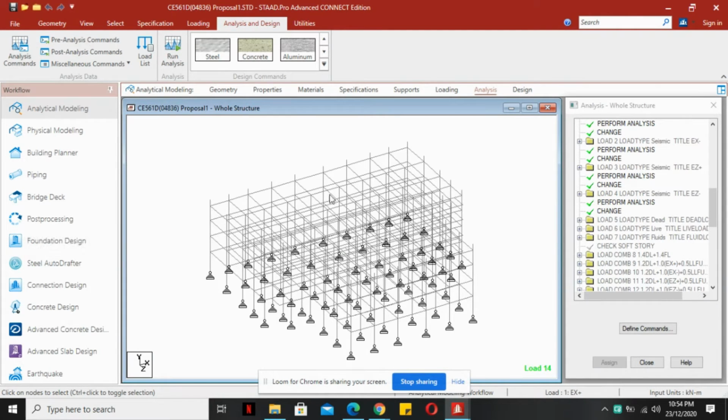So, ipakita lang nako daan kung giunsa na mo ang pag-design ang connection, sir. So,